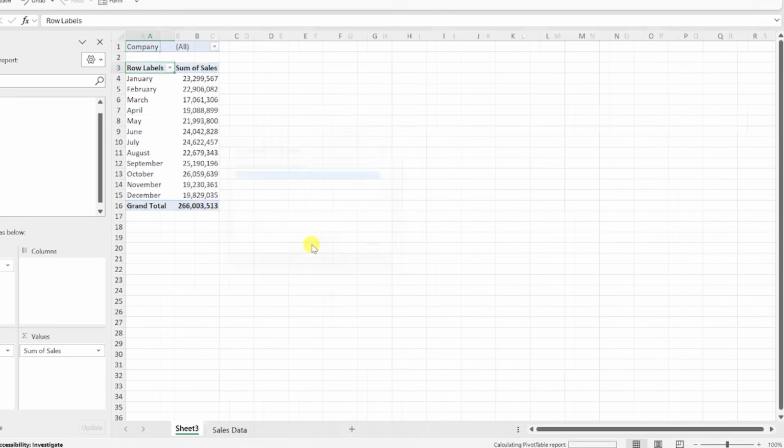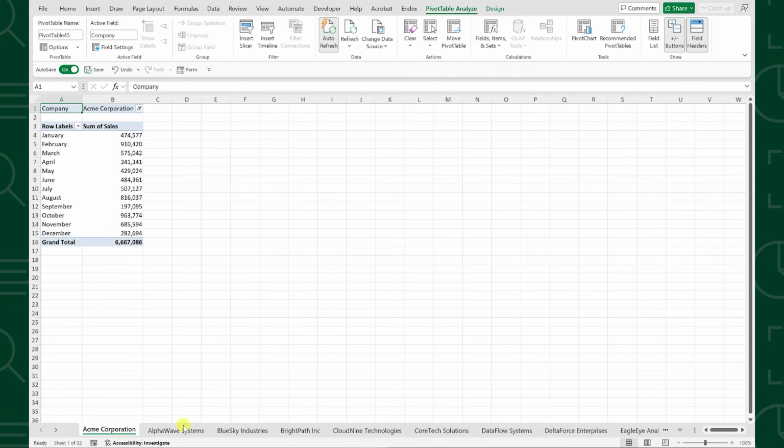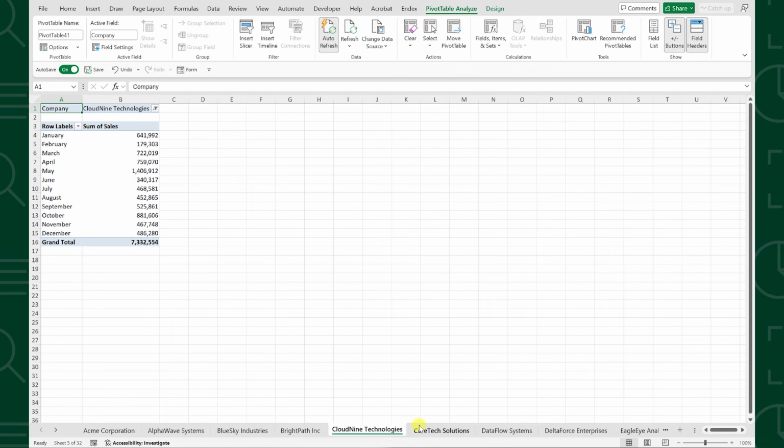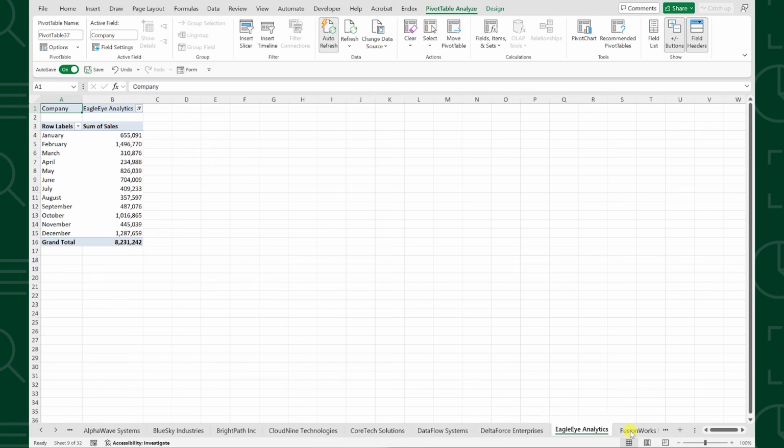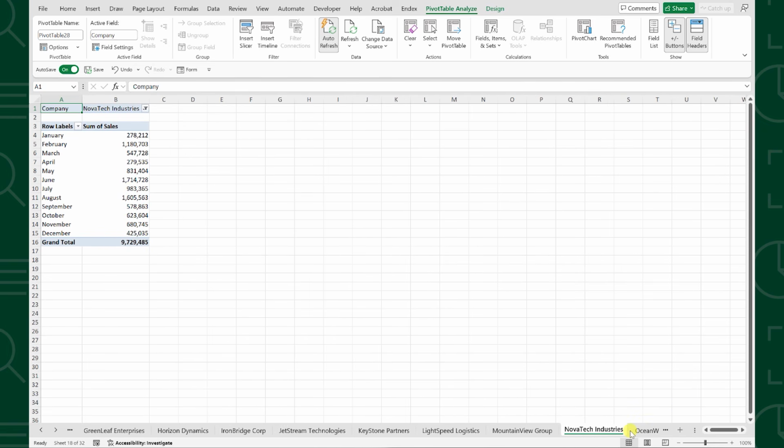when we press OK. Excel automatically created all the worksheets for us. Each tab is uniquely named with the company name, and each sheet contains a filtered pivot table showing that company's monthly sales. This is so much more efficient than creating 30 different tabs manually. Well, it's a good thing you didn't cancel your weekend plans because you should have plenty of time to spare